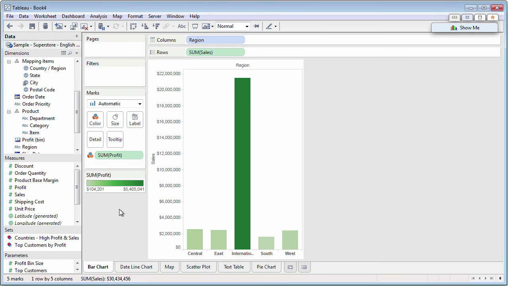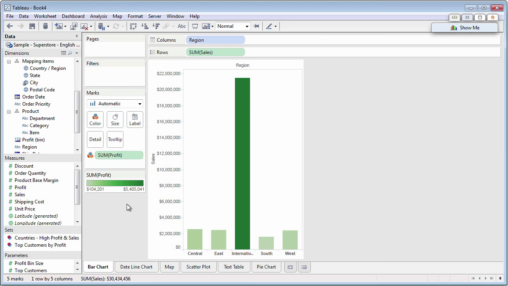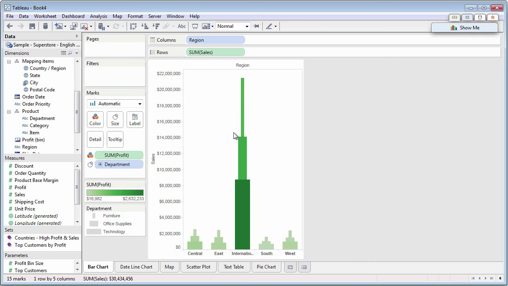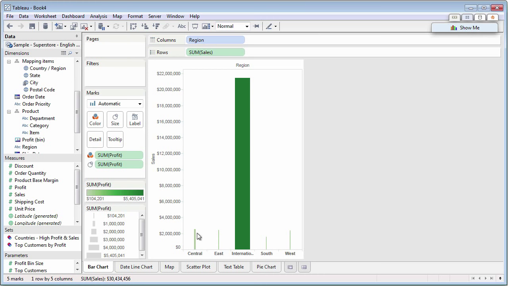Size is similar. If you just click it, you can change the size of your marks. But as with color, you can also drag a dimension or measure onto size to change the size of your marks based on the field. Adding a dimension to size probably isn't very useful. It will segment each mark for each dimension member. But dragging a measure on size is more useful. You'll see different sizes for each mark based on that measure. And as with color, a field you drag on size will appear at the bottom of the Marks card with